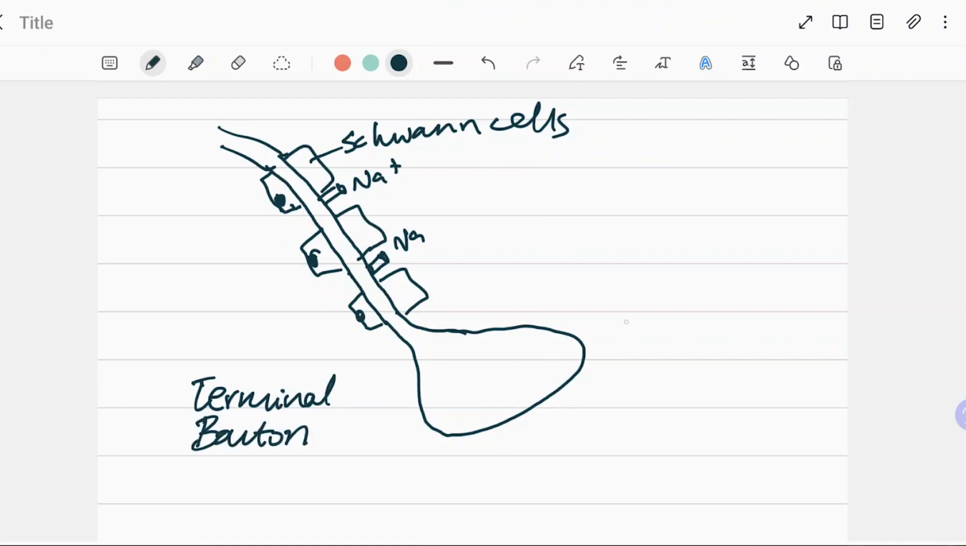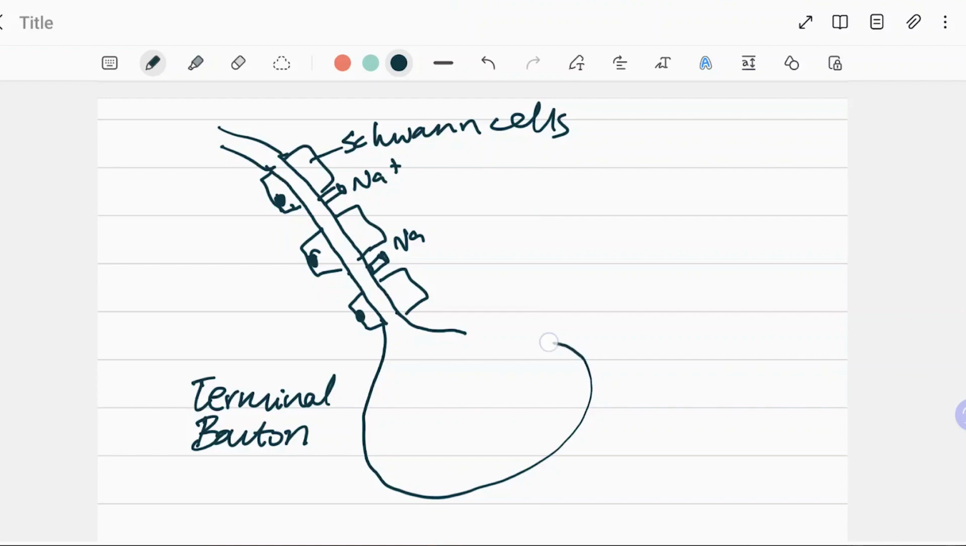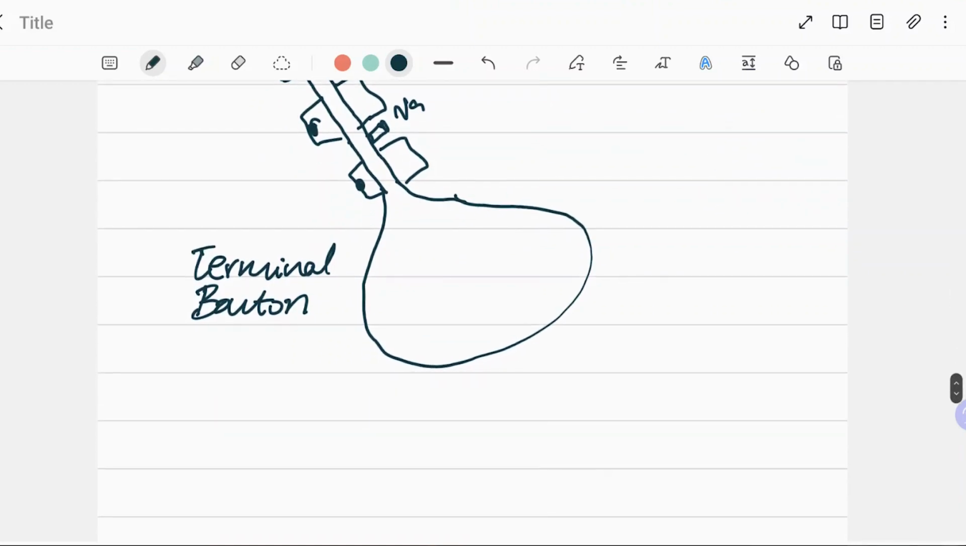Bouton is like a button. So this is a button. That's the thread that's holding the button to your coat. Think of it that way. So, terminal bouton. Let's look at the structure of the terminal bouton in a little more detail. I'll expand this diagram a little more. There, that's better. Here we have a terminal bouton, and it has a lot of